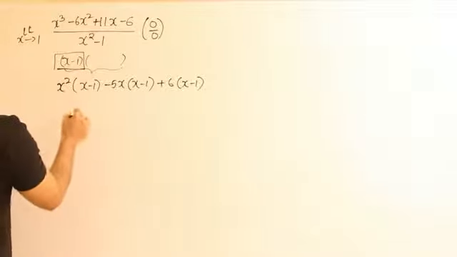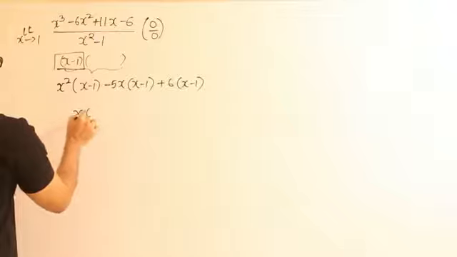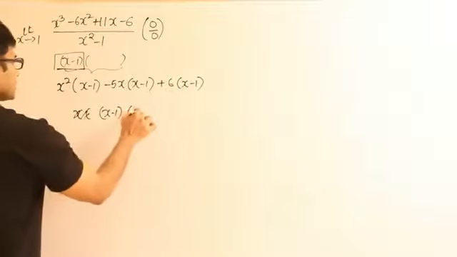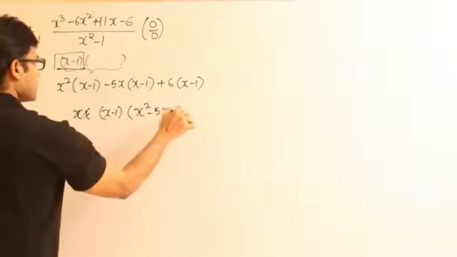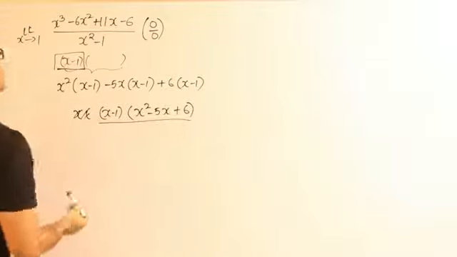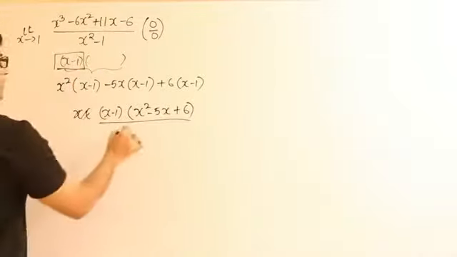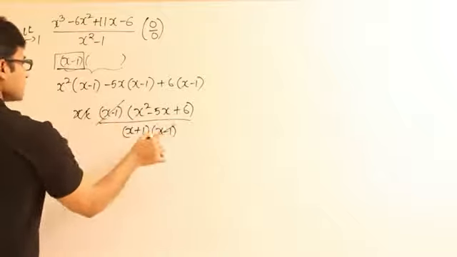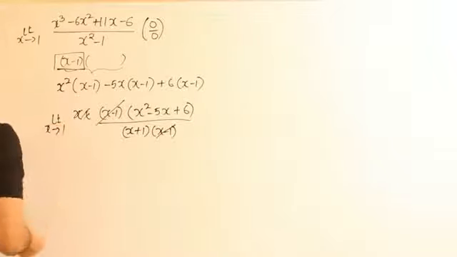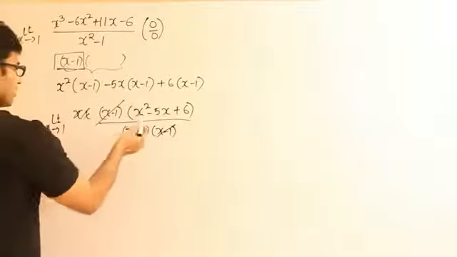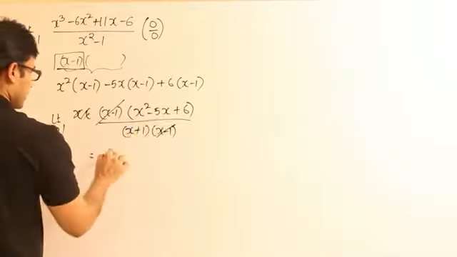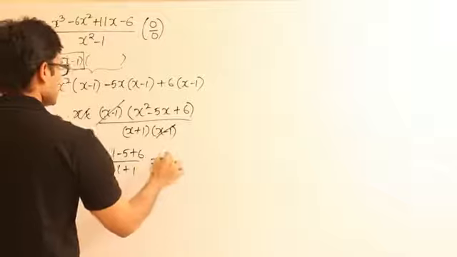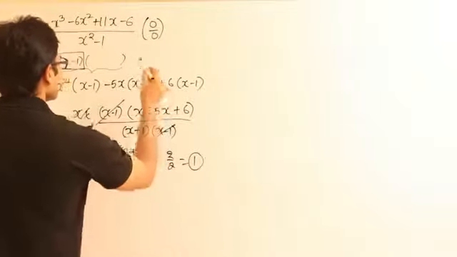So what can I write this one as? I can pull out x minus 1 and write the remaining terms here. What is remaining? x square minus 5x plus 6, divided by, so what should I write here? x square minus 1. I am going to write x square minus 1 as x plus 1 into x minus 1. Now we can cancel out these two. Now you apply limit x tends to 1. If you just substitute 1 here, you are going to get 1 minus 5 plus 6 divided by 1 plus 1, which is 7 minus 5, that is 2 by 2, which is 1. Therefore the answer of this one is 1.